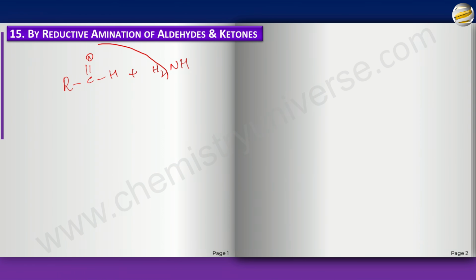Now remove this water and connect this carbon with this nitrogen with a double bond, because this carbon has lost 2 bonds, nitrogen has lost 2 bonds. So what would you get? You will get this. This is called an imine. A single bond NH2 would be called amine, a double bond NH is called an imine. And it's also called a Schiff's base.